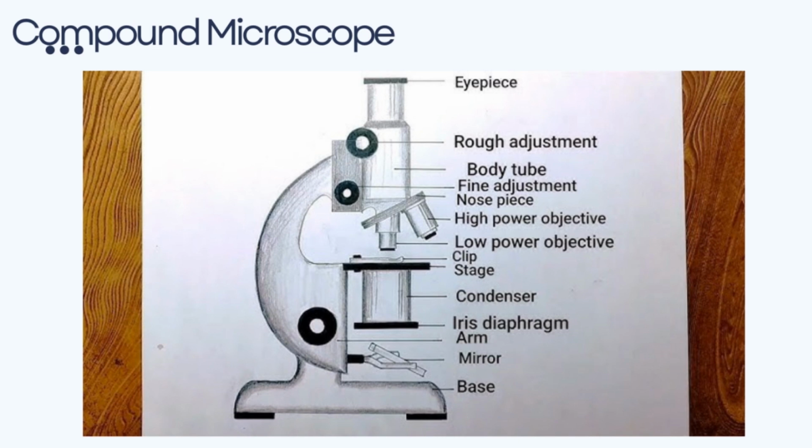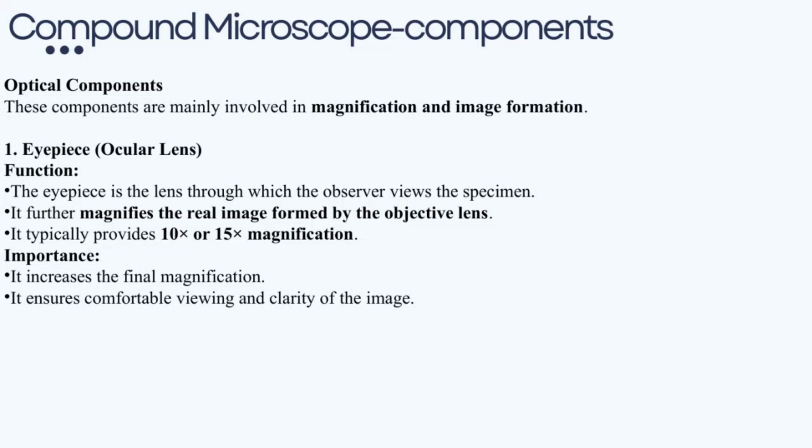Understanding how it works helps us appreciate the advancements in scientific observation and how they've expanded our knowledge of life at the microscopic level. This microscope is a fundamental tool that connects to the overall theme of exploring the unseen world around us. Now, let's take a closer look at the optical components involved in a microscope, starting with the